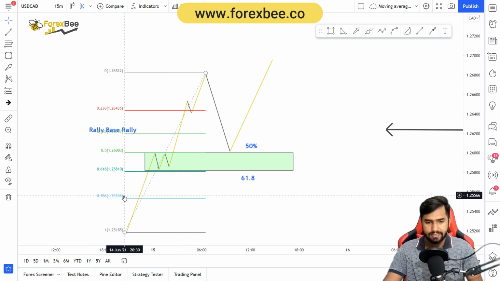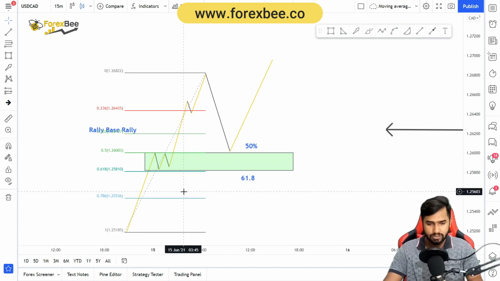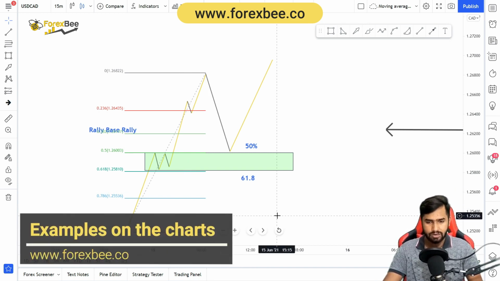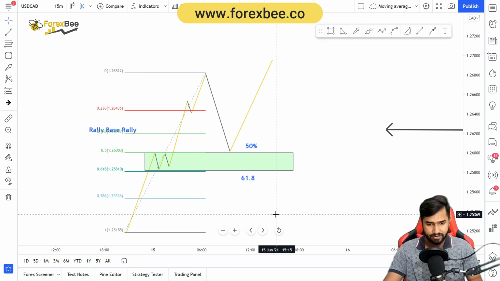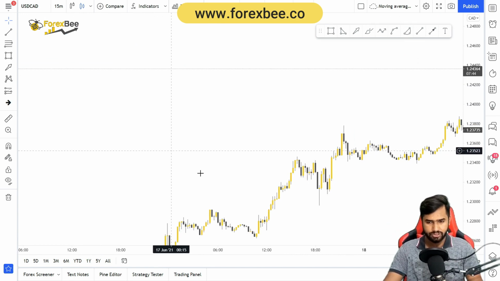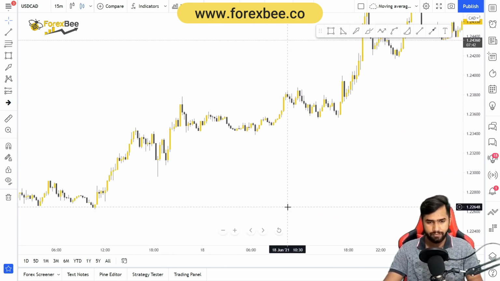So both these methods combined are a very powerful tool in order to determine if the zone is strong or not. Okay, so now let's go ahead on the charts and see if we can find out some strong supply and demand zones. All right, so let's go to the charts here, and let me just look for any supply